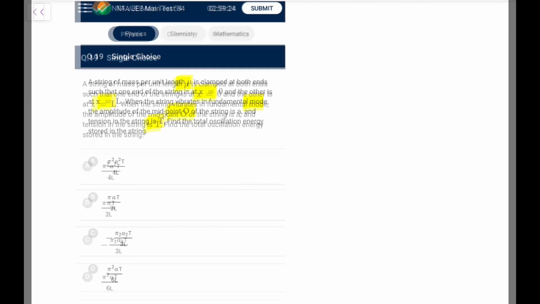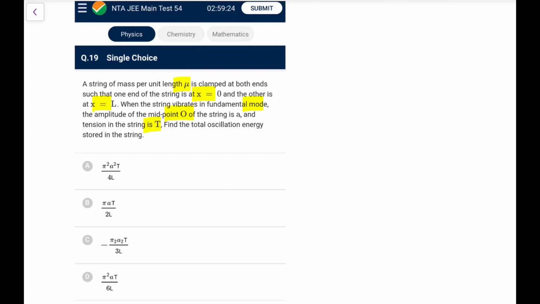I need to calculate. So here you see, because it is in fundamental mode, I can directly write L would be equal to lambda by 2. So lambda becomes 2L, that is for sure, and k is 2 pi by lambda, so k becomes pi by L. Now if I need to write the expression of the amplitude at any point, the maximum is A, and because x equal to 0 is what we call a node, it would be sine kx, so sine pi x by L, that would be the amplitude.